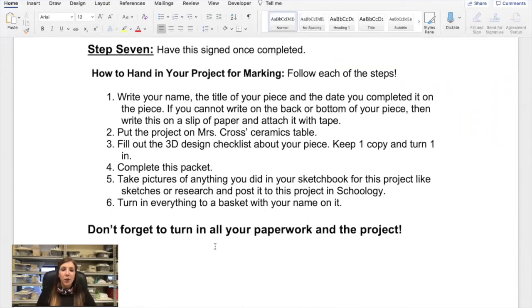Make sure that you're writing your name, the title of your piece, and the date that you completed it on the piece if possible. A lot of times that's not possible with clay, so just write it on a slip of paper and tape it to your piece, and I'll keep up with that. Then always put your clay projects on my big ceramics table,